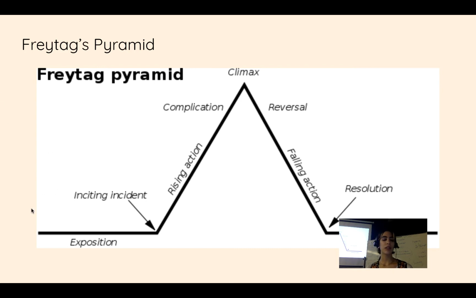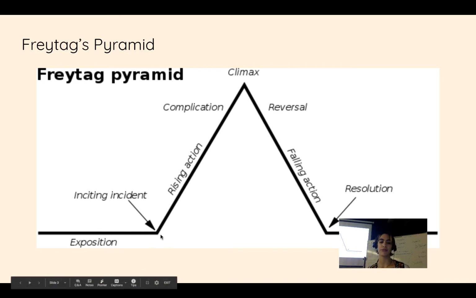And that would generally mean you kind of roll along here with exposition. This is where you kind of explain things like the setting and the characters. You introduce us. And then something happens right about here. And if this is like a 120-minute film, a 2-hour film, this could happen about 20 minutes in, basically.